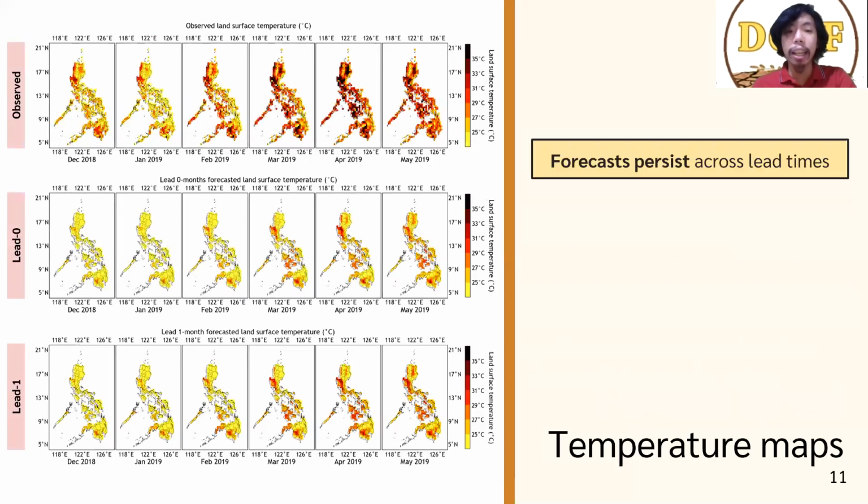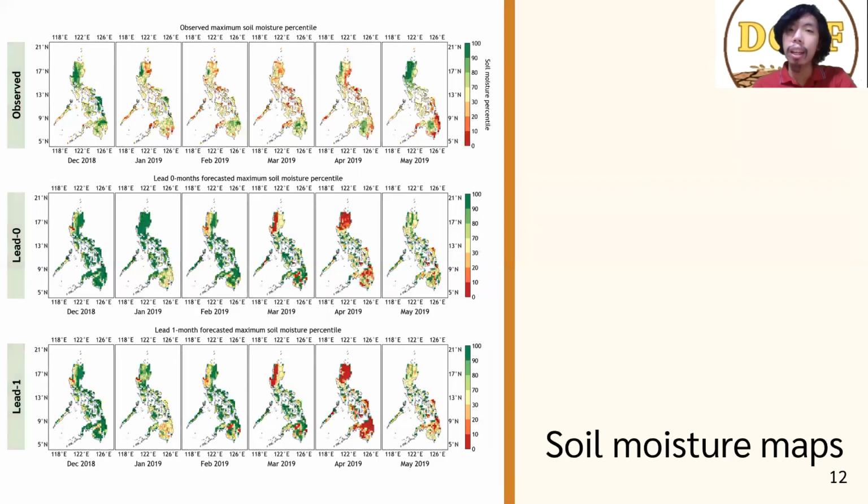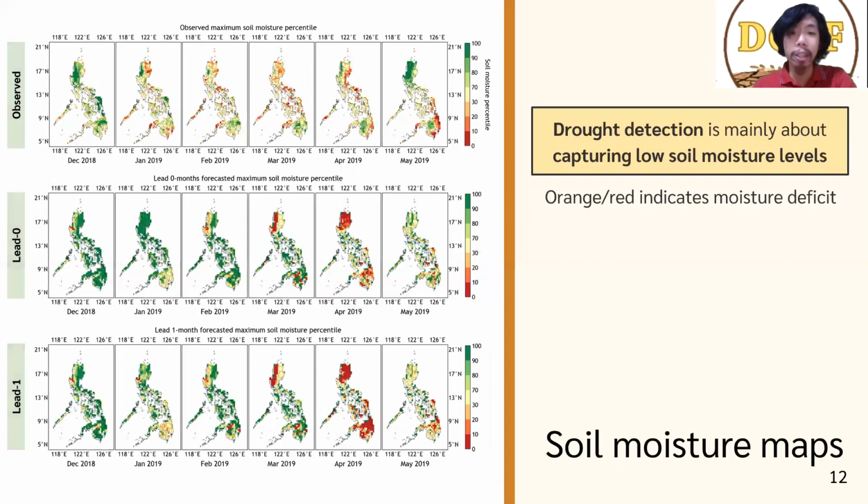For temperature, it is apparent that the forecasts hardly change across lead time, but this may be because the difference between the observed temperature and the forecasted temperature is larger than the changes across lead time. This error may possibly be reduced by changing the model settings when the global forecasts are downscaled. The cooler climate may have resulted from the current model settings, or it may be inherent with the inputted global forecasts from CFS v2. As for detecting drought through the soil moisture maps, we focus on whether the low moisture